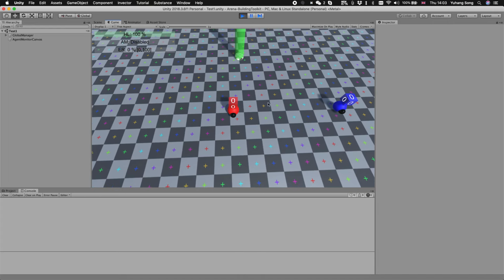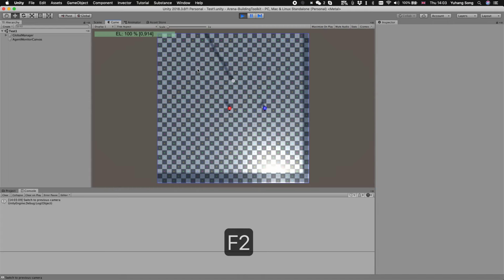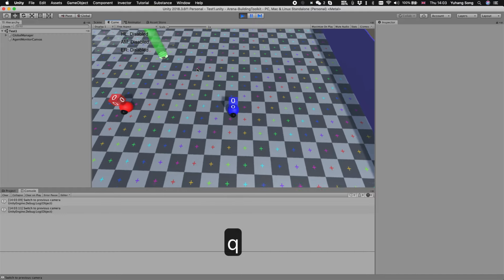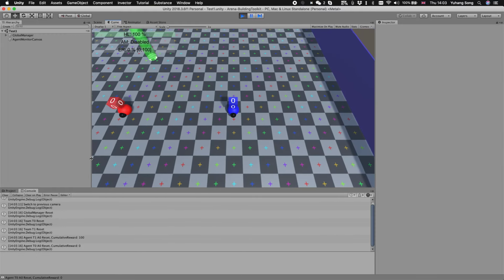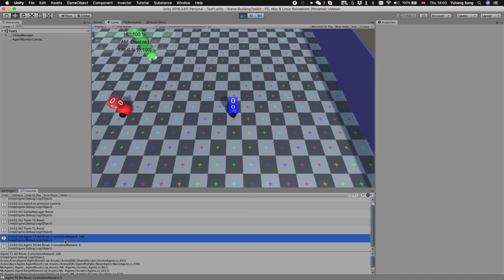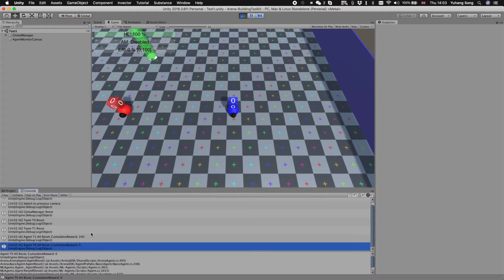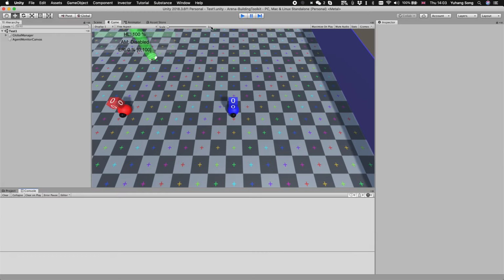And now let's see if we try to get the blue agent to the target first. Now we can see the agent with team 1 got higher ipso reward, while the agent in team 0 got no reward, which is also as expected. So now